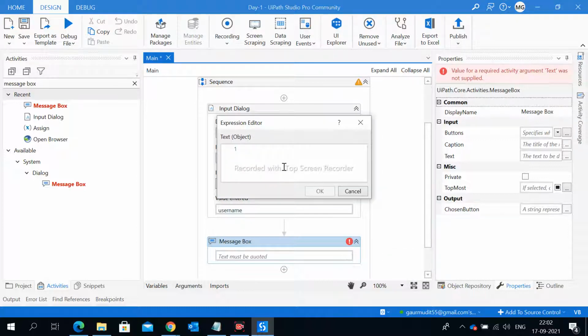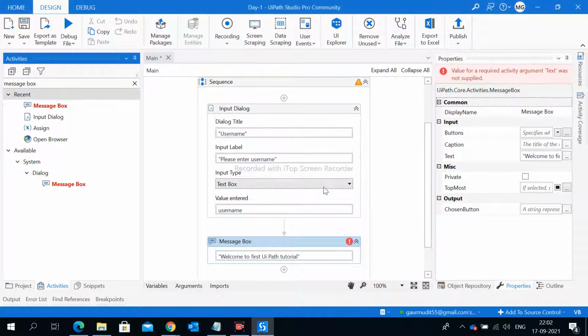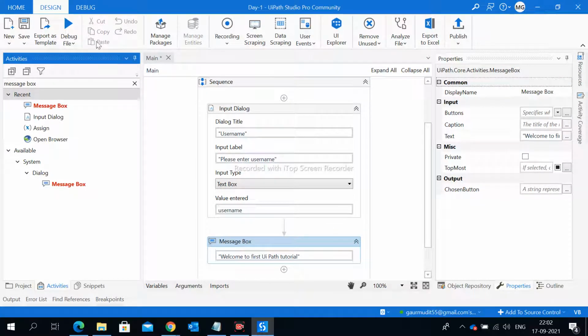Here we can pass any value in double quotes, like welcome to first UiPath tutorial. Okay, let me run this first.